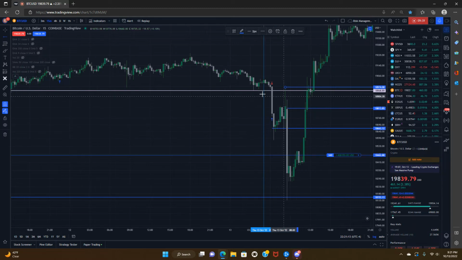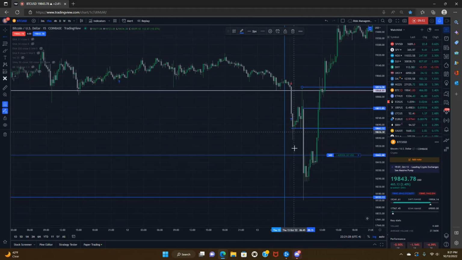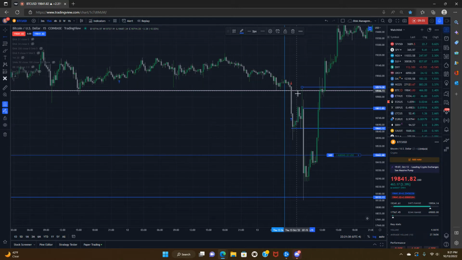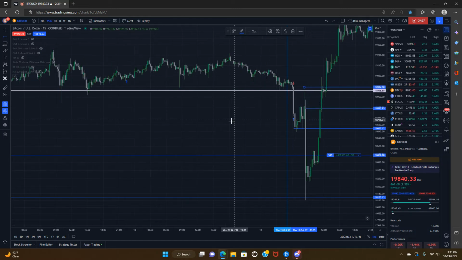If this were a downtrend, you would expect some of these levels to hold, right? So really, I would be looking for the middle of the consolidation to hold. But ultimately, when you see this push down and then you see it rally quickly back above these highs right here,